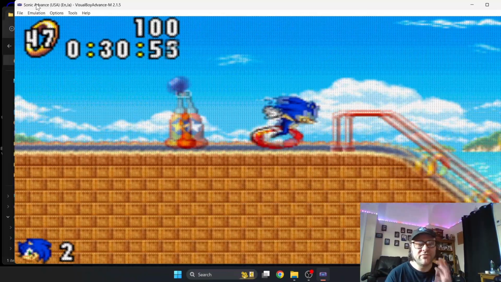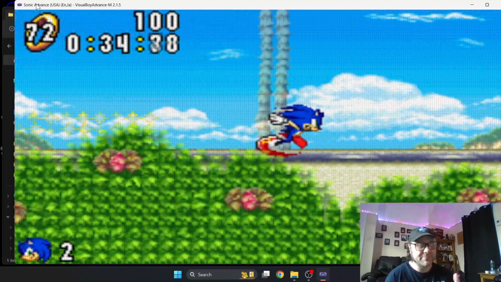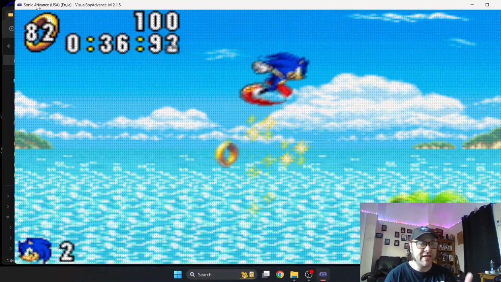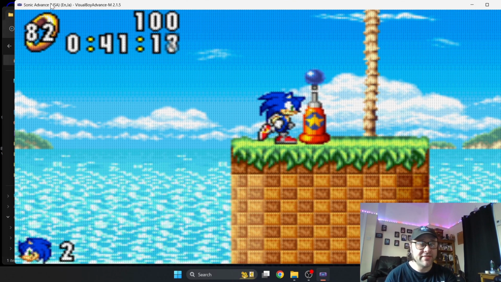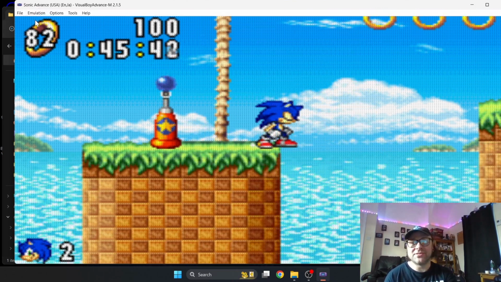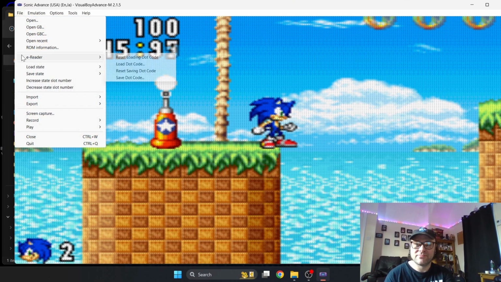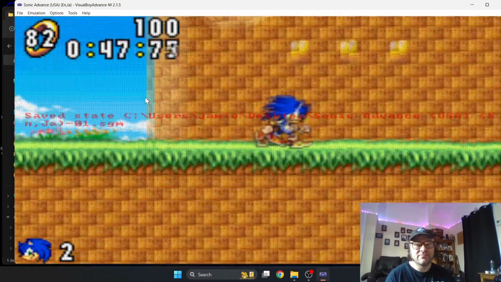Okay, so by default, if games on the Game Boy Advance had saving and it was saved to the cartridge, you can automatically save your games when it states so in the gameplay. If you want to save your states when you can't be bothered to get to a save point, all you need to do is just go to File and Save State, and I'm going to just select Save State 1. If I just left click on that,